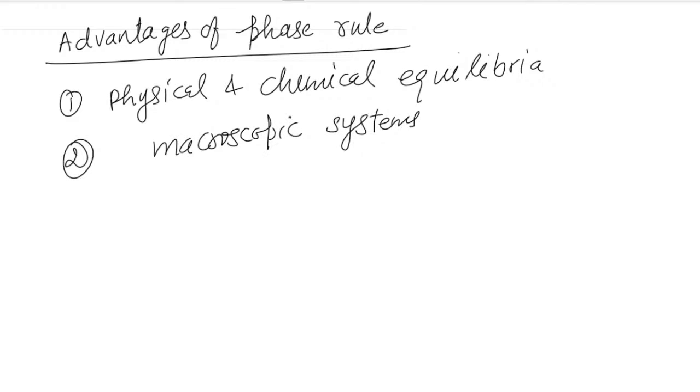Means माइक्रोस्कोपिक सिस्टम से कोई लेना देना नहीं है फेज रूल का, है ना। इसलिए यहां पे हमने कहीं भी स्ट्रक्चर की बात नहीं की, मॉलिक्यूलर स्ट्रक्चर की जरूरत नहीं है ना। यहां पे देयर इज नो नीड ऑफ मॉलिक्यूलर लेवल केमिस्ट्री, मींस मॉलिक्यूलर स्ट्रक्चर क्या है, शेप क्या है, उससे कोई लेना देना नहीं है इसका। सिंपल हमें चाहिए सॉलिड है, लिक्विड है, गैस है ना, होमोजीनियस है, हेट्रोजीनियस है ना।